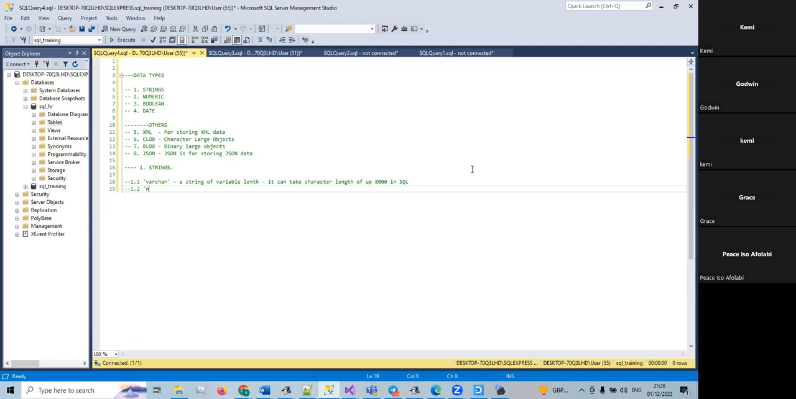Nvarchar. Now, this is used in handling non-English characters, including the Unicode. So characters like Chinese, Japanese, Russian, Korean, Hebrew, Greek, Arabic,